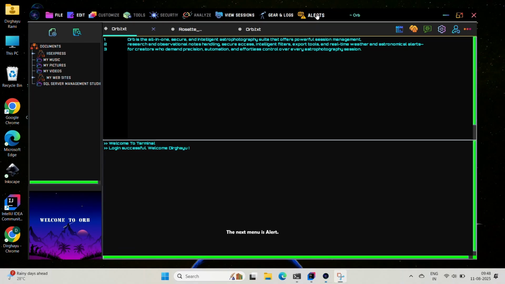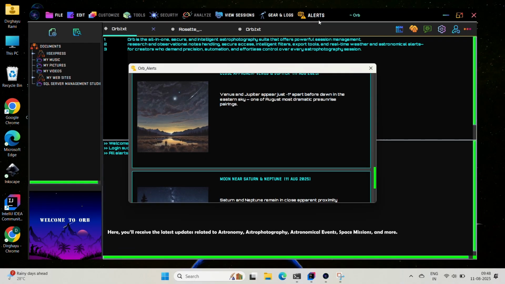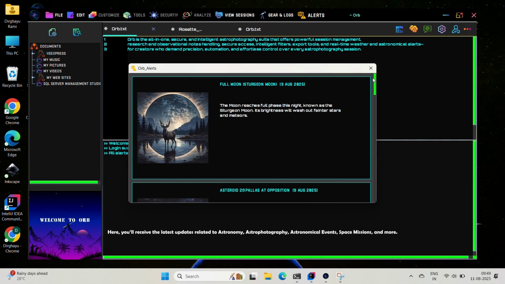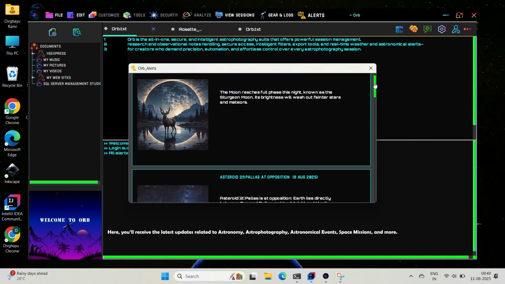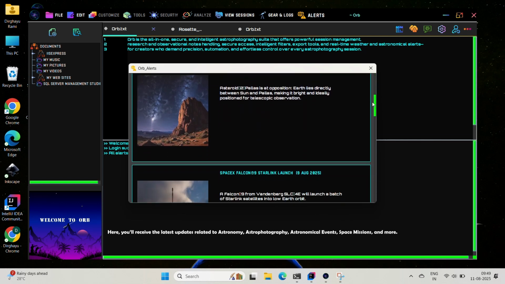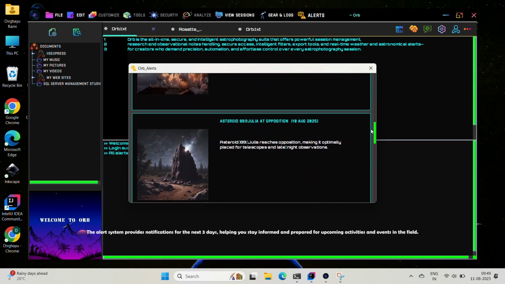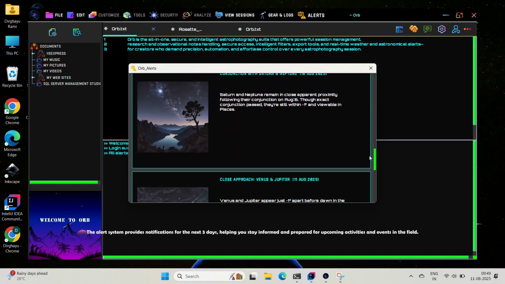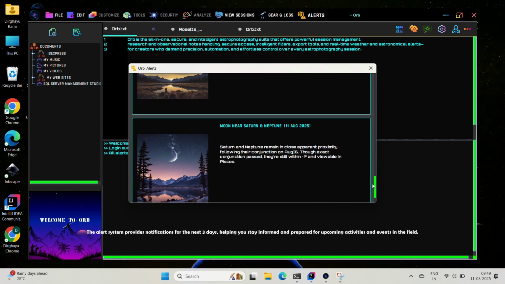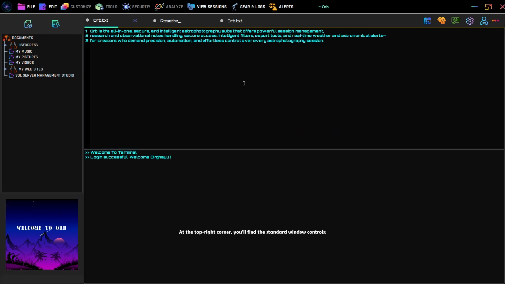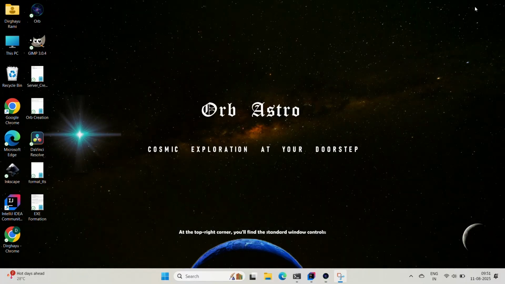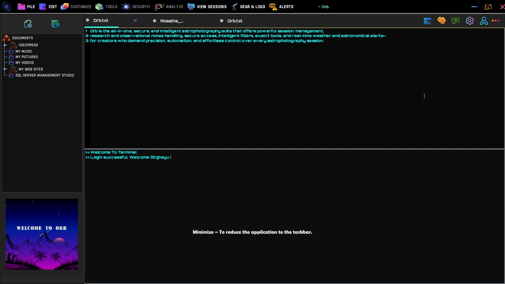The next menu is Alert. Here, you will receive the latest updates related to astronomy, astrophotography, astronomical events, space missions, and more. The alert system provides notifications for the next 3 days, helping you stay informed and prepared for upcoming activities and events in the field. At the top right corner, you'll find the standard window controls: